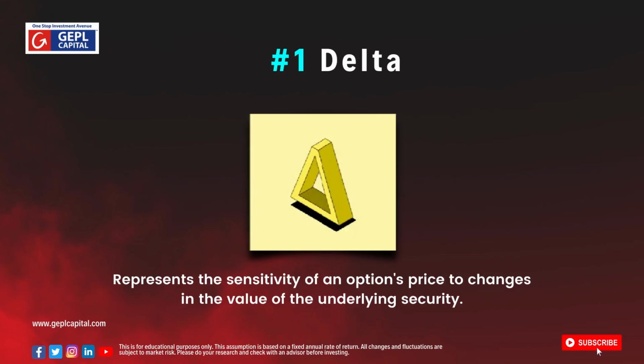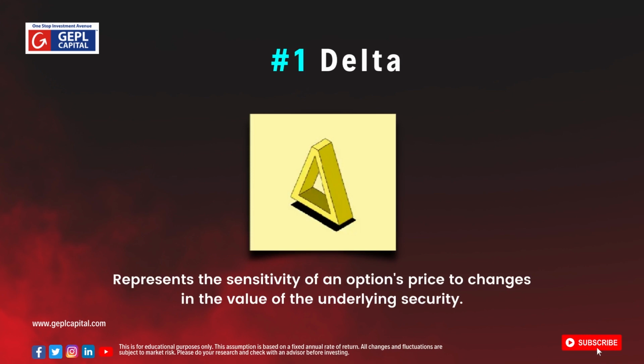So first, delta. Delta represents the rate of change between the option's price and every rupee change in the underlying asset's price. In other words, the price sensitivity of the option relative to its underlying asset. Delta of a call option has a range between 0 and 1, while the delta of a put option has a range between 0 and negative 1. For example, let us assume an investor is long a call option with a delta of 0.5. Therefore, if the underlying stock increases by rupee 1, the option's price would theoretically increase by 50 paisa, other things being equal.